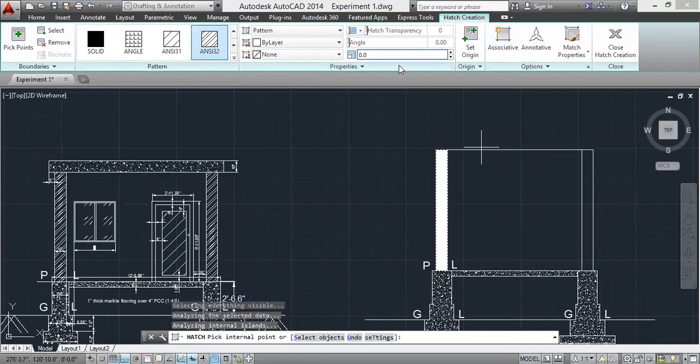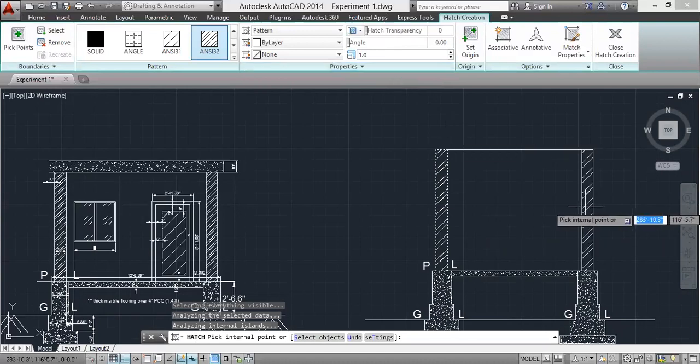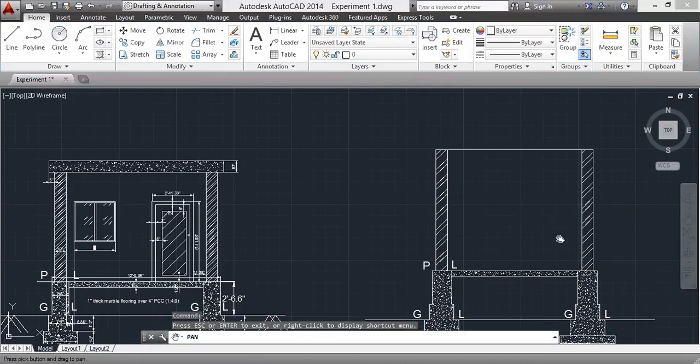Select here and change the scale factor, right? Give scale factor as 1. It will be okay. Select here, right? We have completed the wall hatch.